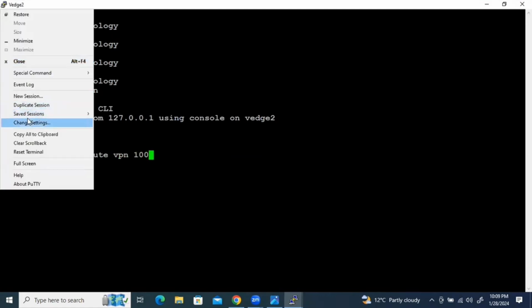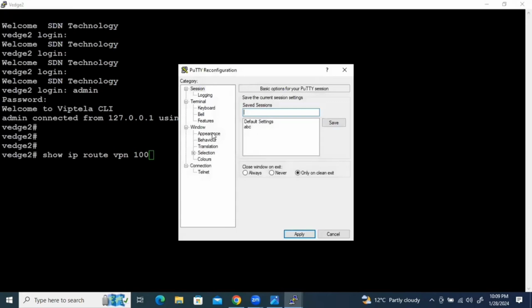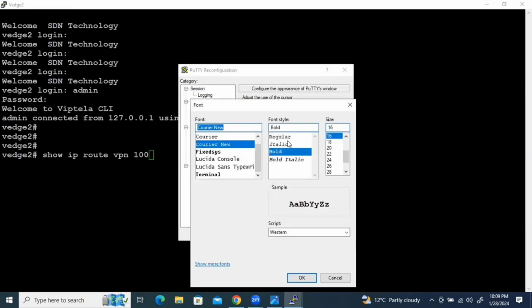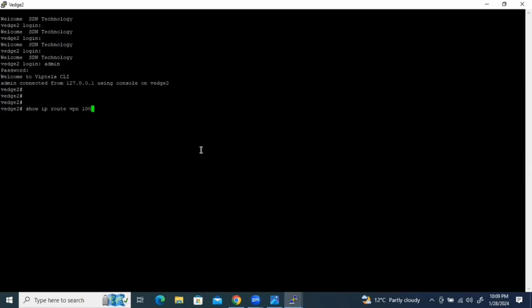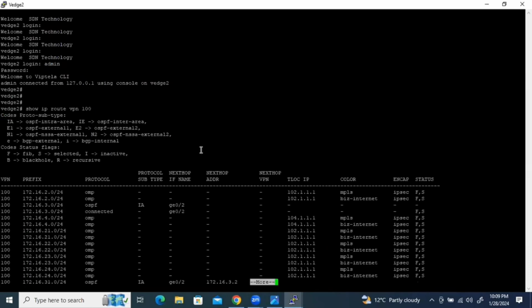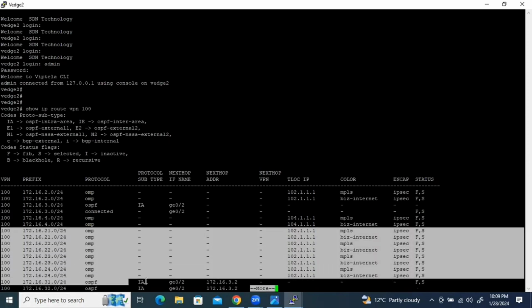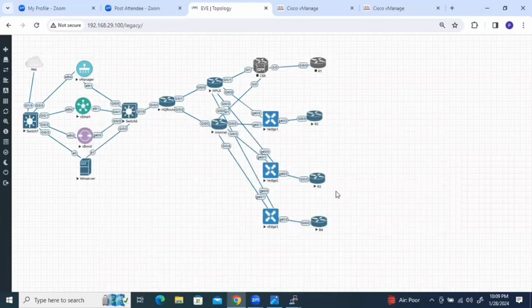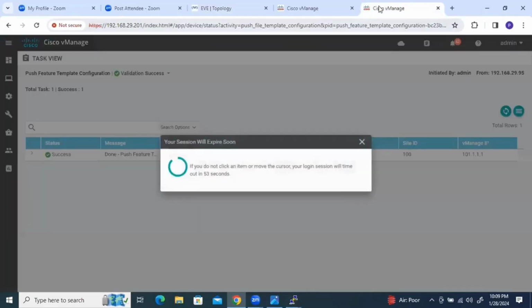One more thing, I need to change the setting. Appearance, it should be regular, it should be tag. We are talking about 21, 22, 23, and 24. For each subnet we are getting from the base internet and MPLS also, right? Right. So what I'm going to do, I'm just going to create